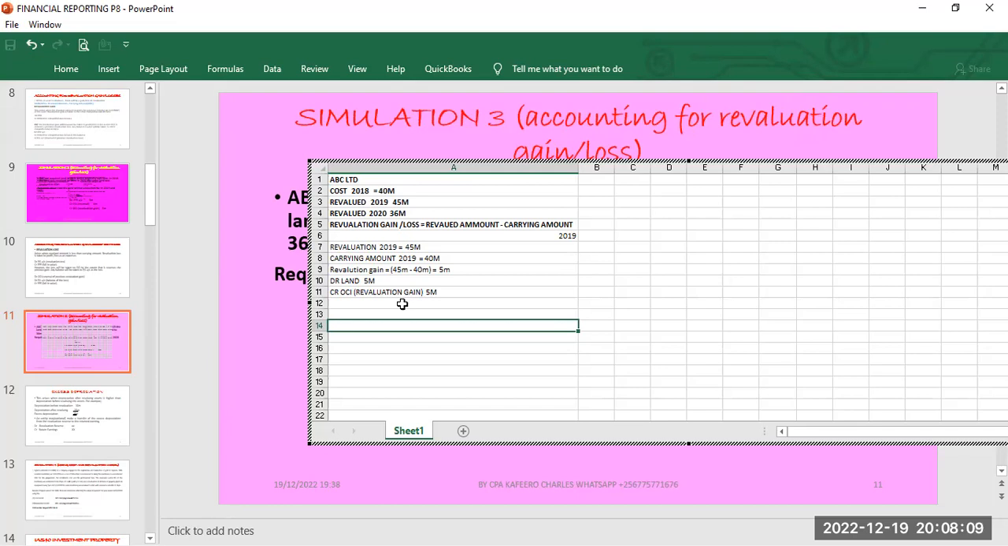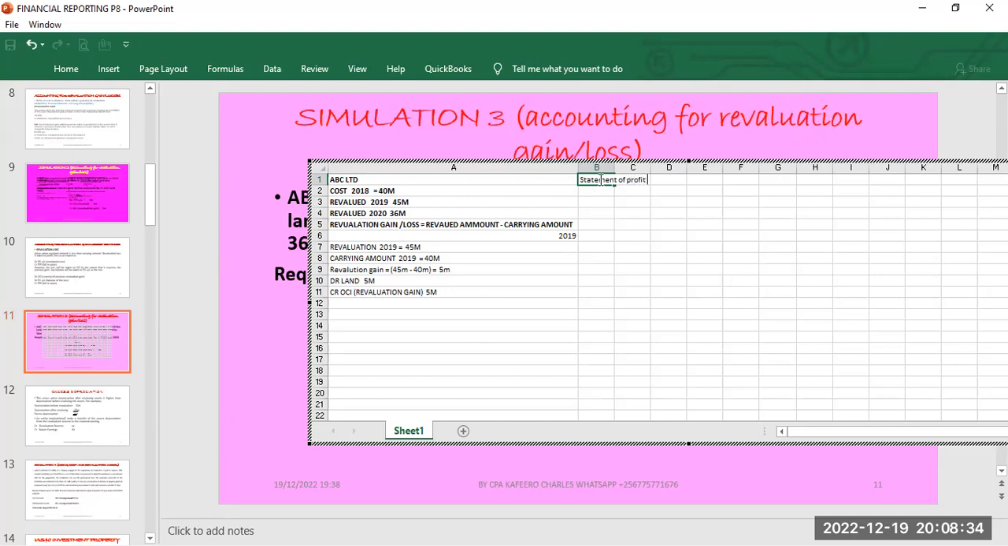So I'll show you how we take this. Anyway, we can do, because that's basically what we are supposed to do. Then maybe we can do the statements. Can do the statement of financial position. Sorry, financial performance. Let me use the exact